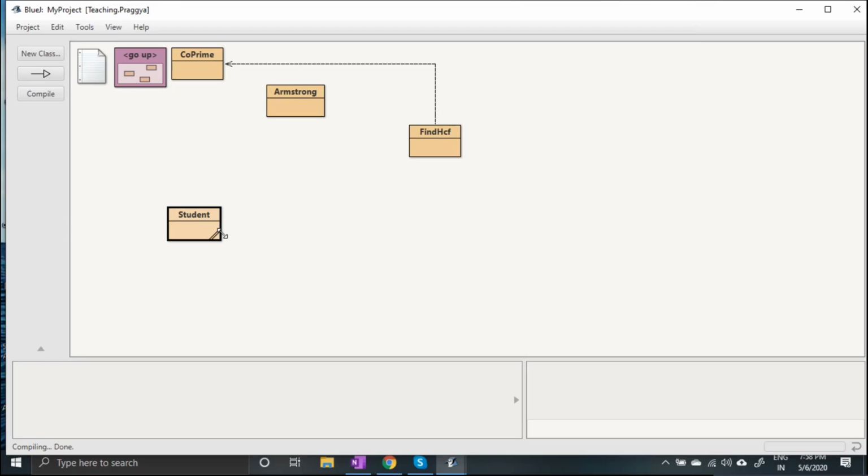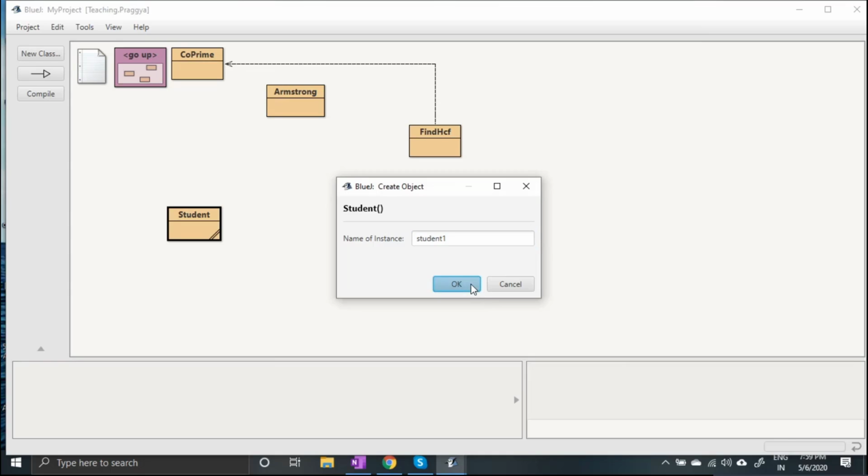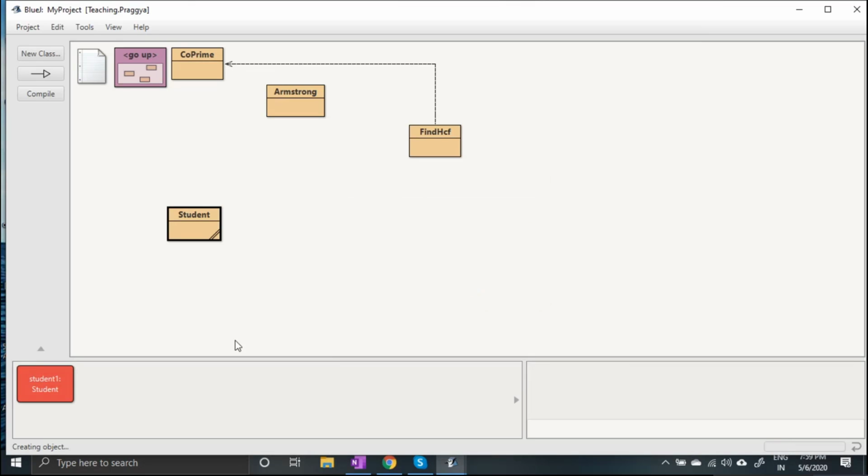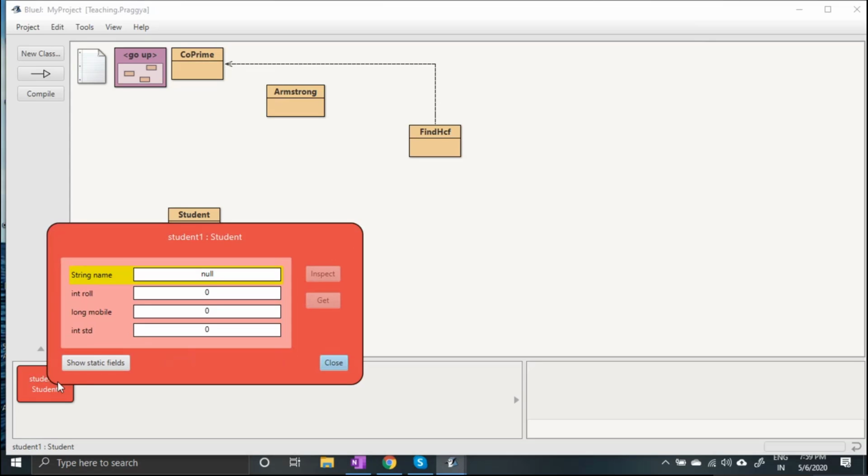So when you right click on it, you will find that your default constructor is there, new Student. When you click on new Student, you will find that a Student object is being created. When you double click on it, you can see the instance variables: string name, int roll number, long mobile, int standard.